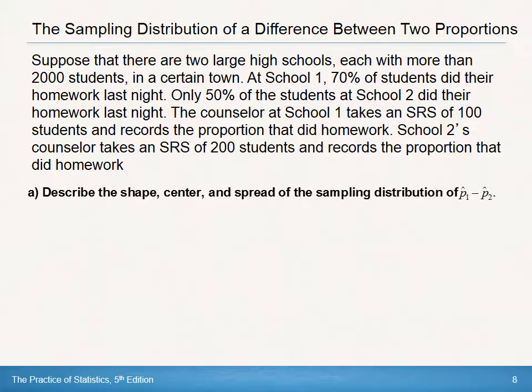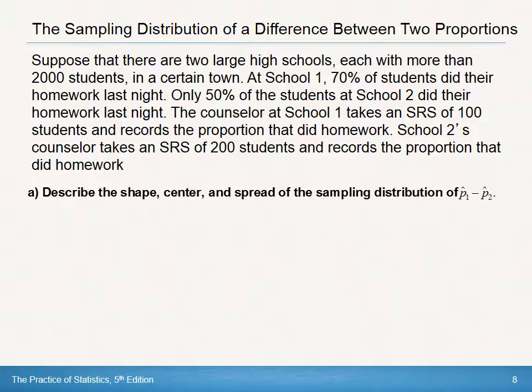It says, suppose that there are two large high schools, each with more than 2,000 students in a certain town. At school 1, 70% of students did their homework last night. Only 50% of students at school 2 did their homework last night. The counselor at school 1 takes a simple random sample of 100 students and records the proportion that did homework. School 2's counselor takes an SRS of 200 students and records the proportion that did homework. Describe the shape, center, and spread